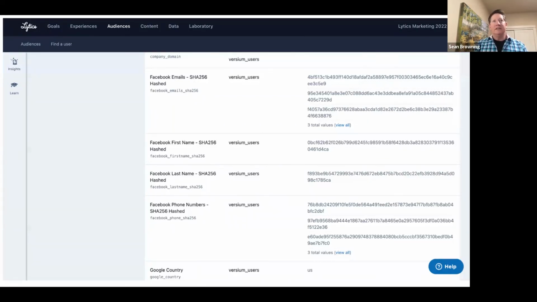And what this will do is this is going to show you Facebook, LinkedIn, and Google, where you could see Facebook emails all hashed, right? This is all SHA-256, but these are additional contact points. This is very important. And Chris, he touched on this earlier, but Chris, you got more detail about the contact points? Yeah, really, this is where we get into the guts of what we're doing.